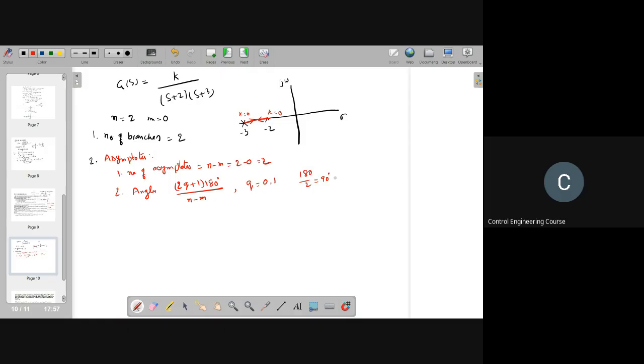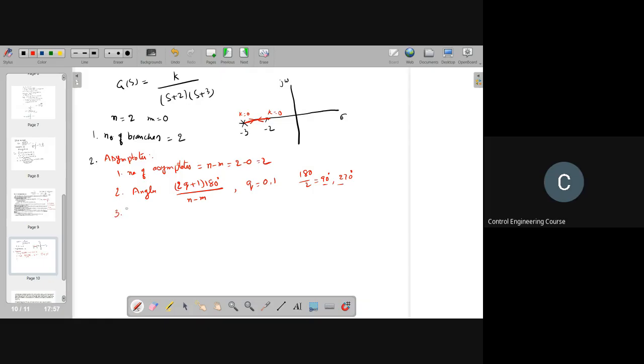When q equal to 1, it is 3 into 180 degrees by 2, that means 270 degrees. That means there are two asymptotic angles. One is 90 degrees and the other is ending at an angle of 270 degrees. Also make sure that these angles are measured from the positive x-axis. Okay. Then the third point is